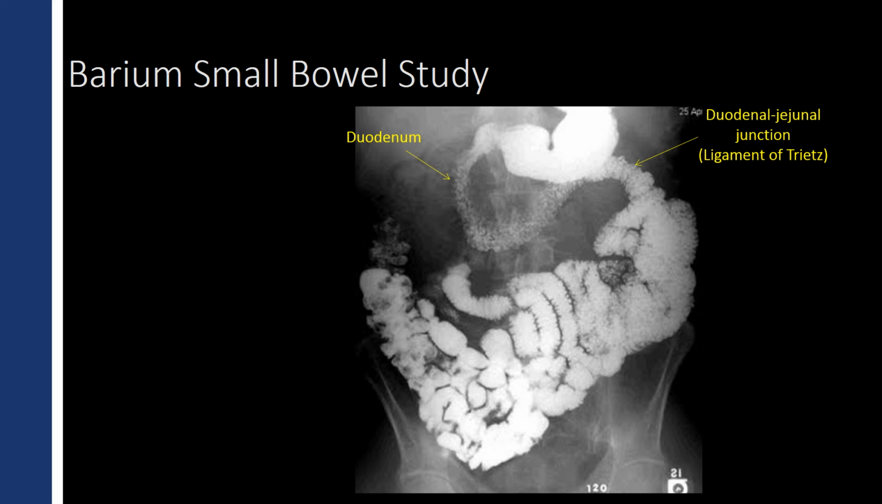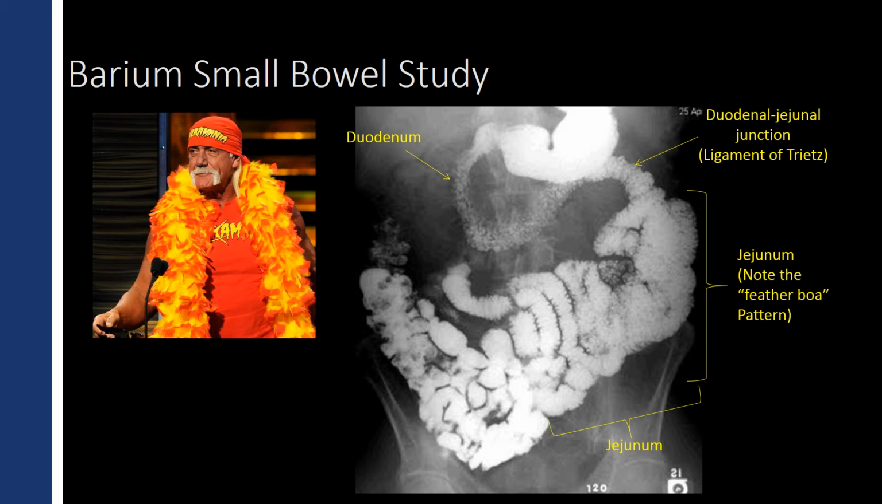So beyond the duodenal jejunal junction, coming down primarily within the left abdomen, tending over toward the mid portion of the abdomen, is the jejunum. And notice the feathery, fluffy appearance of the duodenum and jejunum. We call this a feather boa pattern, much like the feather boa that the Hulk is wearing here, always fashionable. And these are folds within the duodenum and jejunum in order to increase surface area